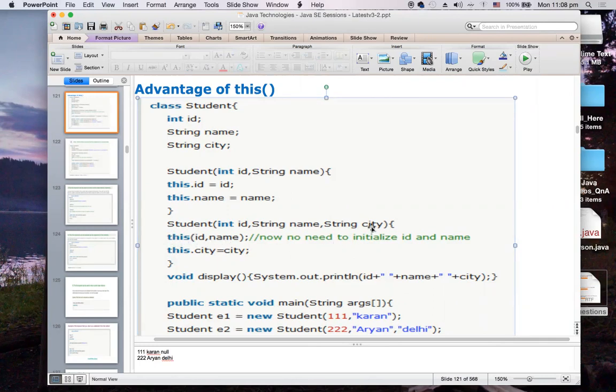And then the third constructor, I am writing this.city = city. Here you need not assign all these things once again. In this example I'm using only 3 parameters, but usually, for example, for a customer in a bank, initially there was a constructor with some 10 attributes. Later, 5 more attributes have come. So you have to write a constructor that takes 15 attributes, that means 15 variables, and you have to construct the object.